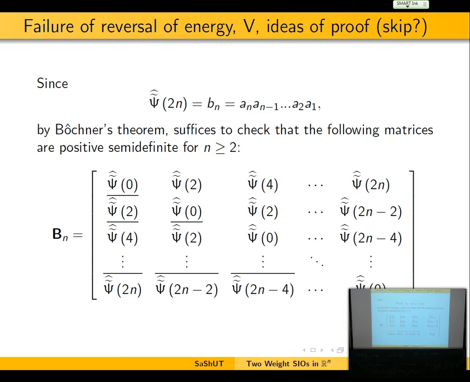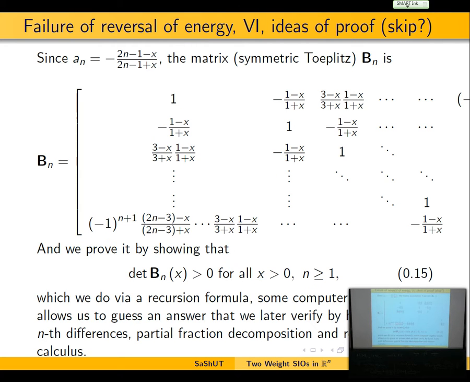If you prove these are positive semi-definite, you immediately have a positive density. And I remember when I was in grad school, there is a similar condition for Nevanlinna-Pick interpolation. And I was told, this condition is very nice, but it's perfectly useless. There is no way to verify it. And this is why this was a surprise, because with some work, we were able to verify it.